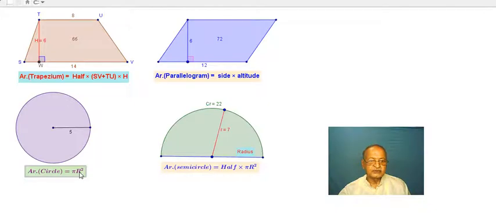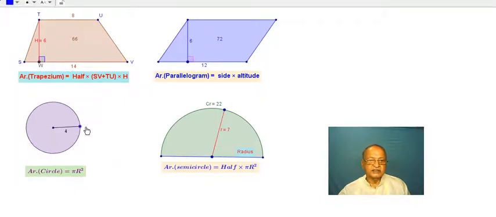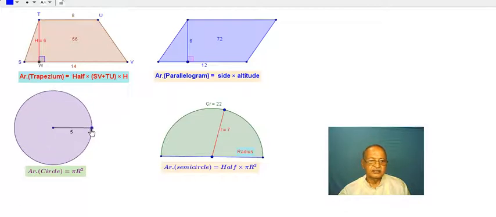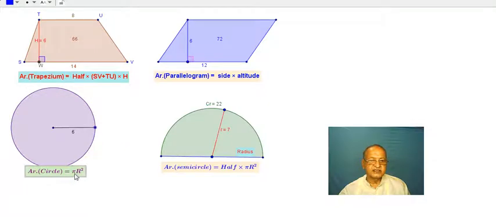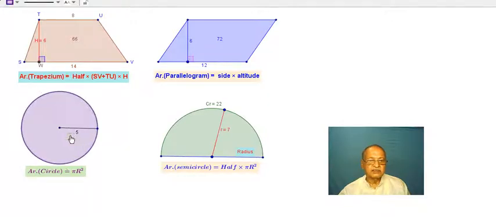So it will be equal to 78.5 square unit, with radius 5 unit. If you change the value, say it is 8 or 7, we can accordingly calculate the area of the circle. If this is 6, then 6 square is 36 into 3.14, we can do. If it is 10 or something, we can do it that way. We'll leave it here.